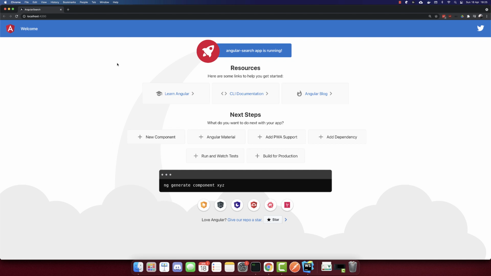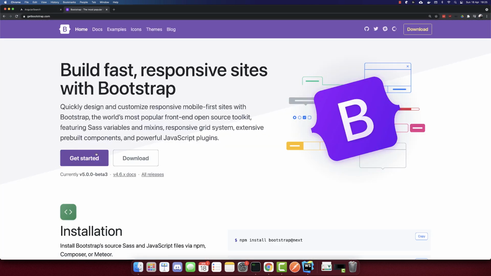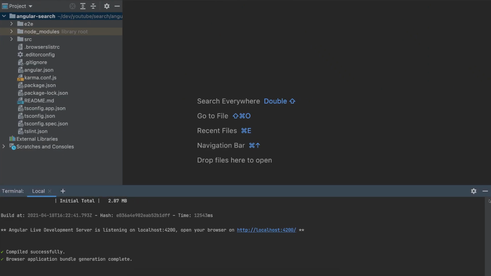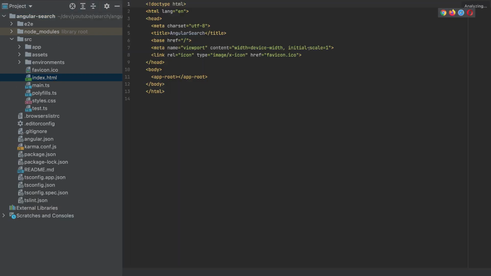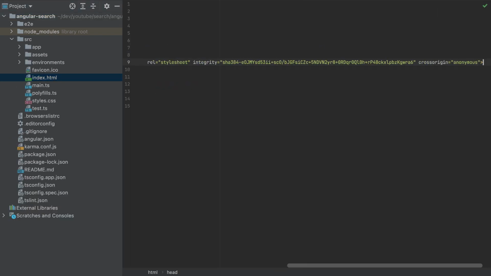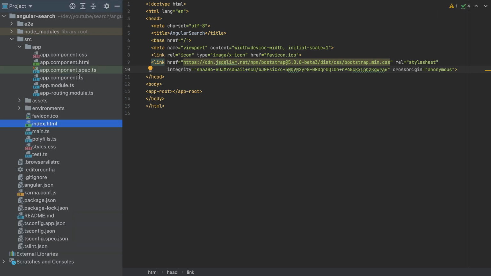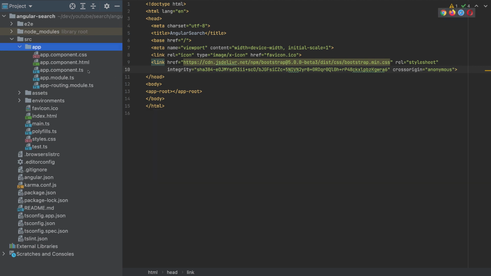Now let's add the template. So go to getbootstrap.com, click get started, copy the link, and we will add the link in our source folder index.html, and I will add the link here. And let's add also the template. Let's delete the spec files, and the